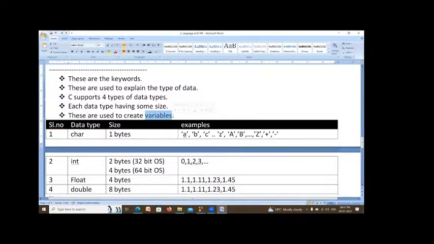What is the use of a water bottle? It is used to store water. Whenever you go to college, you take a lunch box, which is used to store lunch. In the same manner, a variable is a container used to store the data. So whenever you want to create containers to store data, you have to use these data types.